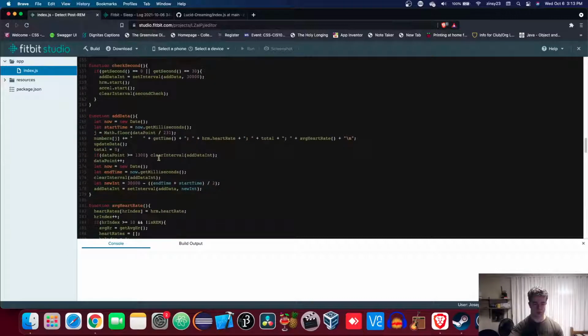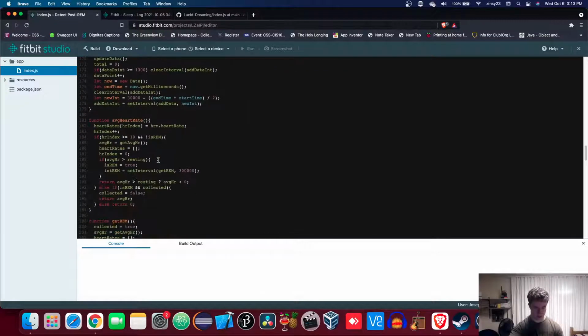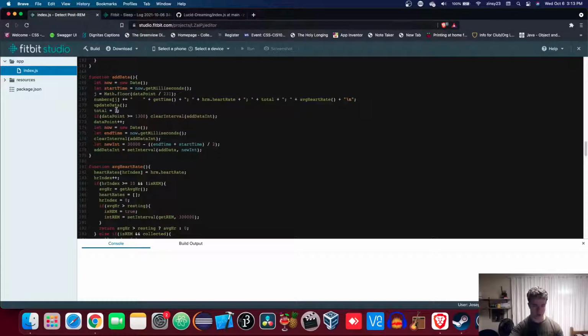So if it's REM, the total does add up over time. Well, it resets every time it logs. Kind of tempted to add the total if it's